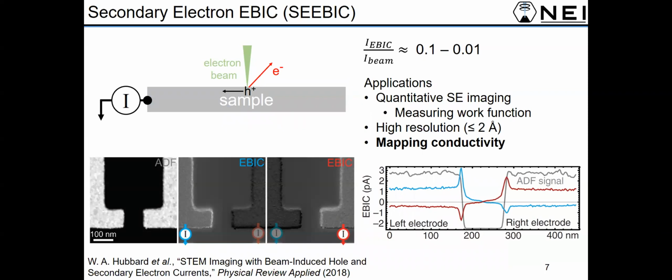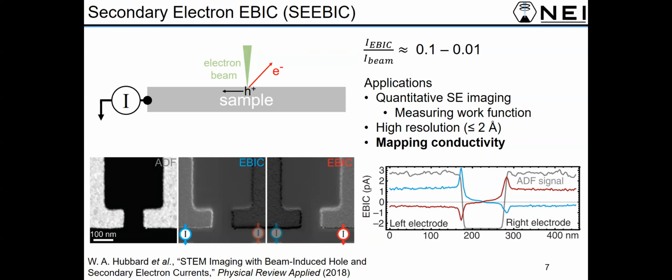A few years ago, we demonstrated an entirely new mode of EBIC called SEEBIC, or secondary electron emission EBIC. SEEBIC measures the holes left behind when secondary electrons are ejected from the sample by the incident beam. This process has much smaller gain than standard EBIC, something like 1 to 10% of the incident beam current, which is one of the main reasons why it was only demonstrated just a few years ago. For example, in the data below, the largest SEEBIC currents we see are on the order of just a few picoamps. And so this is about 1,000 times smaller than the currents that you're typically measuring when you're performing EBIC